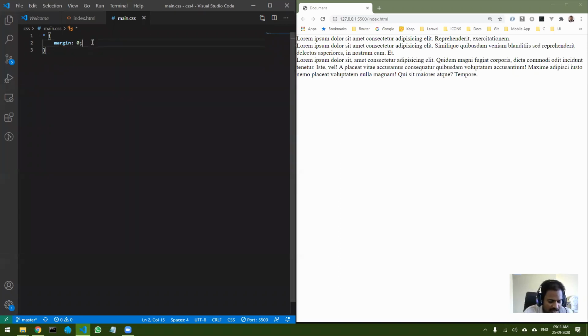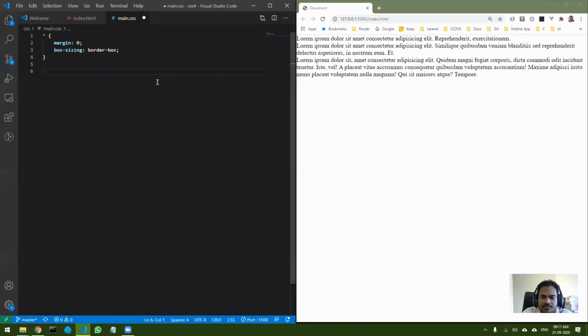Second thing I do is box sizing. I will convert it into border box. So these two things are required for better layouts. So next, what I want to do is set the color of these particular elements.